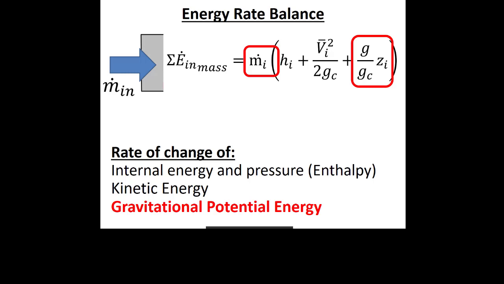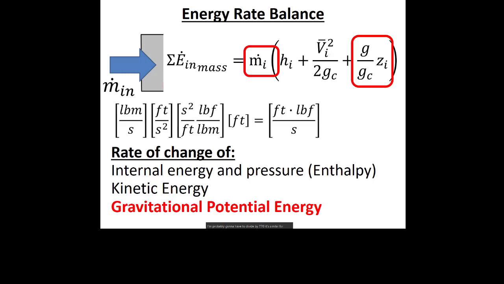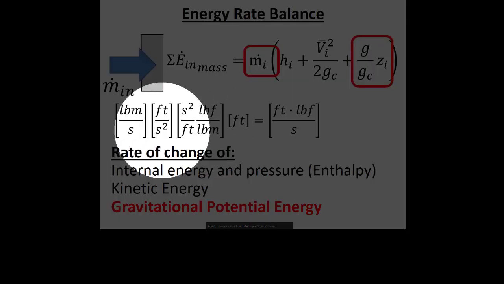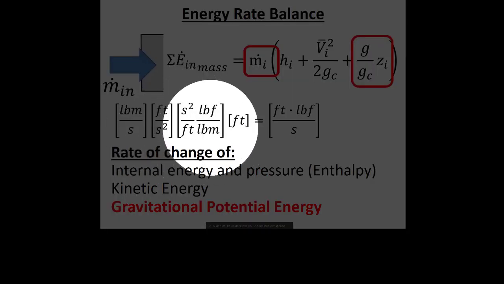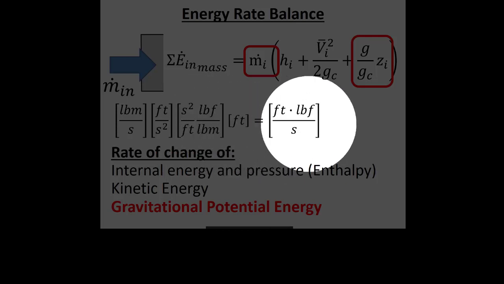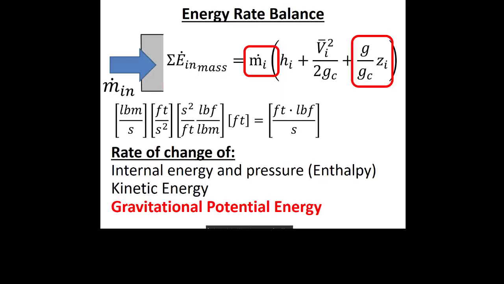It's similar for potential energy problems. Again, I have a mass flow rate times G, which is an acceleration, which is feet per second squared. GC is kind of like an acceleration, so that feet per second squared inverted is here. But then there's also this pounds mass per pound force thing. And again, I get foot pounds per second. And again, I've got to turn that into BTU by dividing by 778. Right?